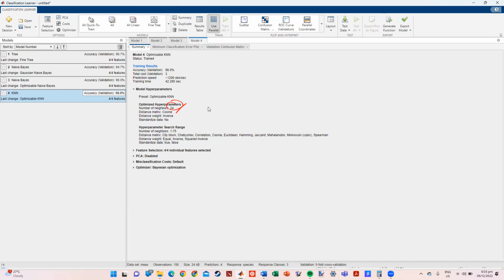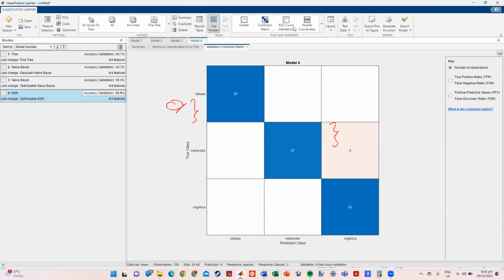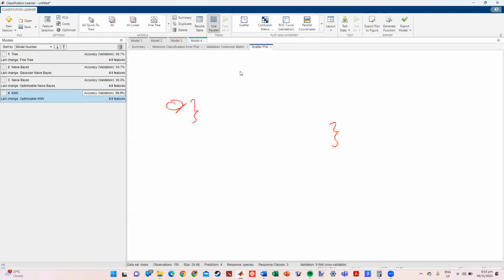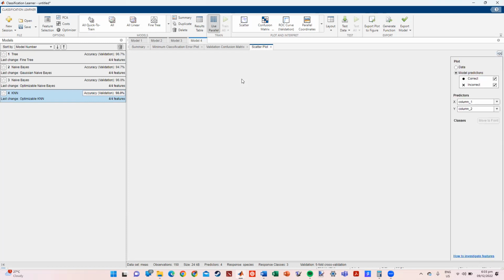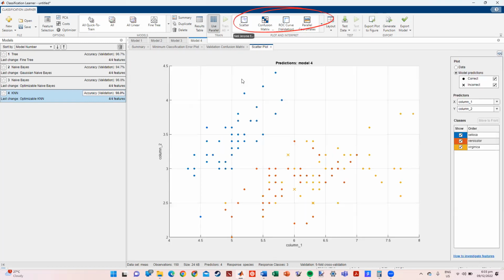mong gamitin. Okay? Tapos nakikita nyo rito, ito yung mga pinagpilian niya. And out of this parameter range or parameter domain, ito yung nakuha niya na best parameters. Okay? And then of course, you can go to the validation matrix. If you want, you can look at the scatter plot as well. So you generate the scatter plot. So doon na ako nag-click sa plot and interpret